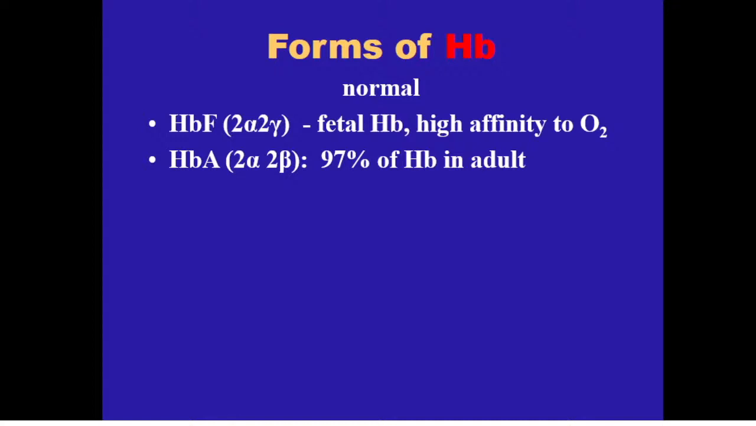Hemoglobin of adults that we discussed has 2 alpha and 2 beta subunits. By this type, 97% of hemoglobin in adults is represented. And you remember, I hope, that after birth, hemoglobin F must be changed to hemoglobin A, and this is accompanied with the hemolysis of erythrocytes. Due to this, physiologically, newborns 1, 2, 3 days after birth